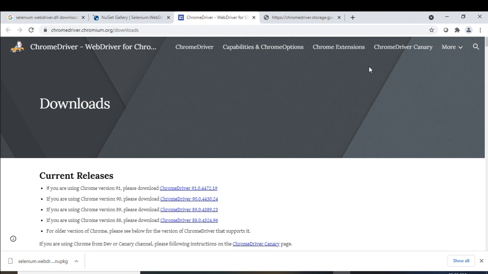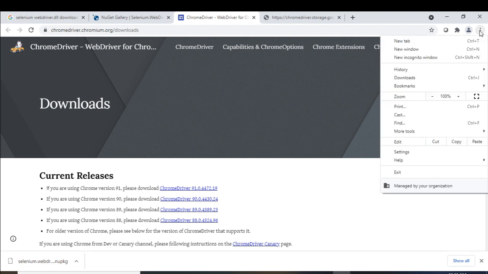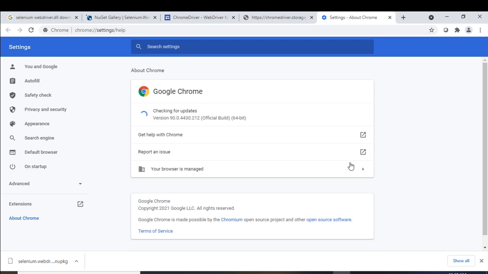So let me show you how you can find the Chrome version installed in the system. Right now this is Chrome. So how can I find this version? You can click here, go to help, and click this one, About Chrome actually. So you will get here the latest version installed on your system.